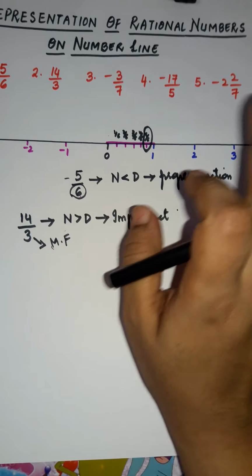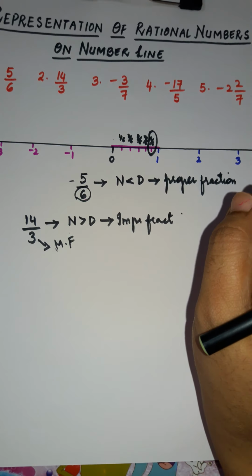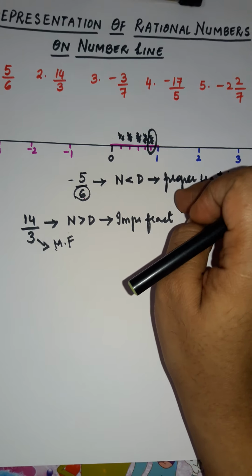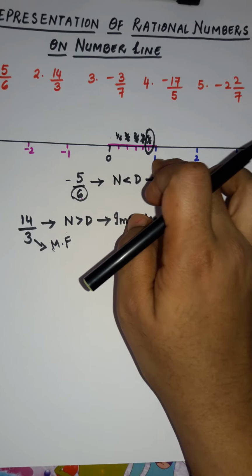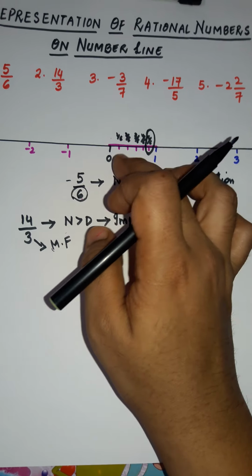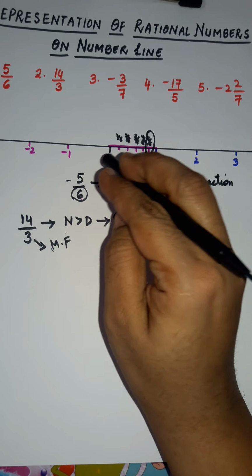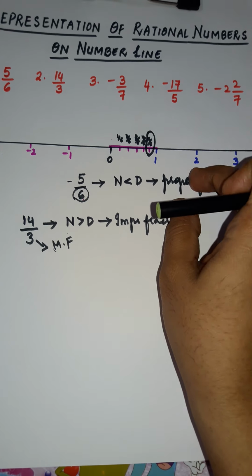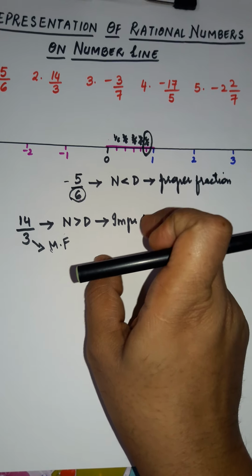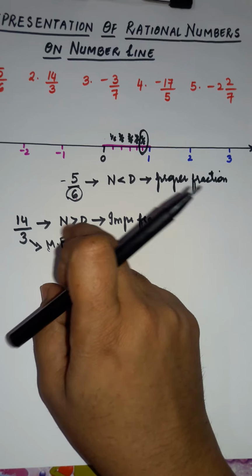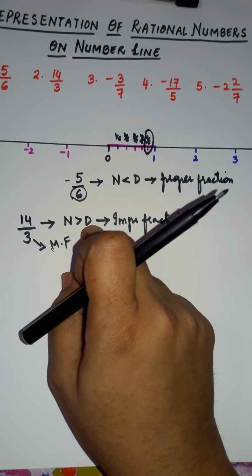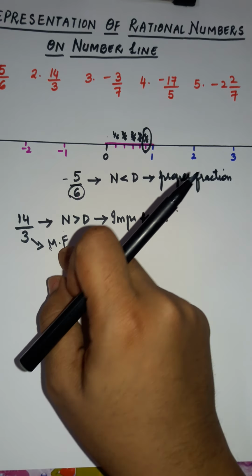For a proper fraction, you just plot it directly: a positive proper fraction lies between 0 and 1, and a negative proper fraction lies between 0 and -1. Just remember this. Now we come to the improper fraction, where the numerator is greater than the denominator. This you convert into